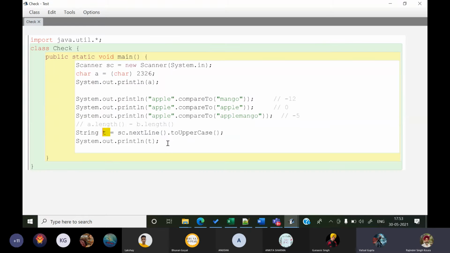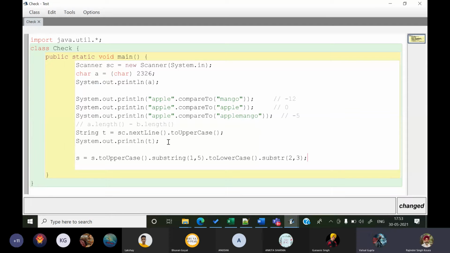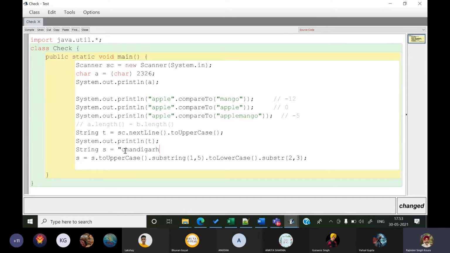Okay, let me do it practically and then we'll explain. This is substring.